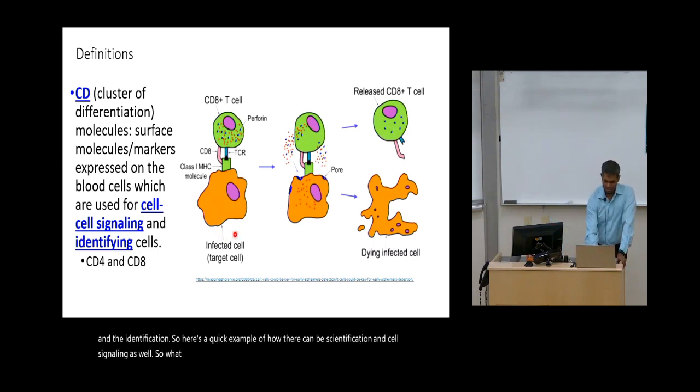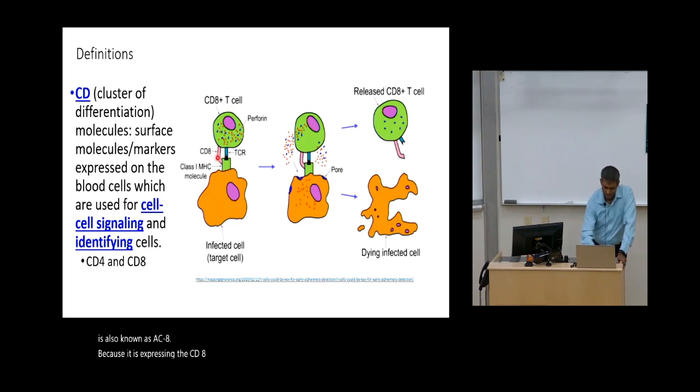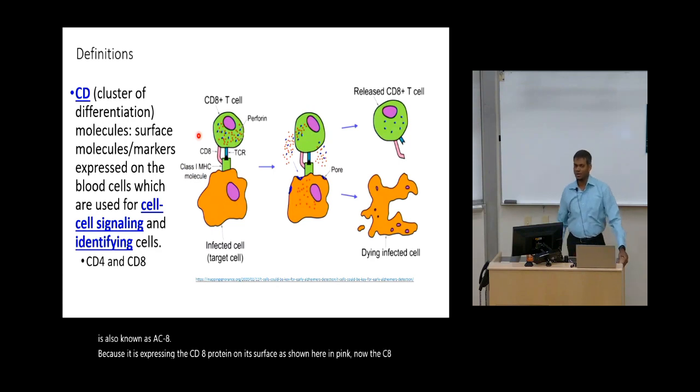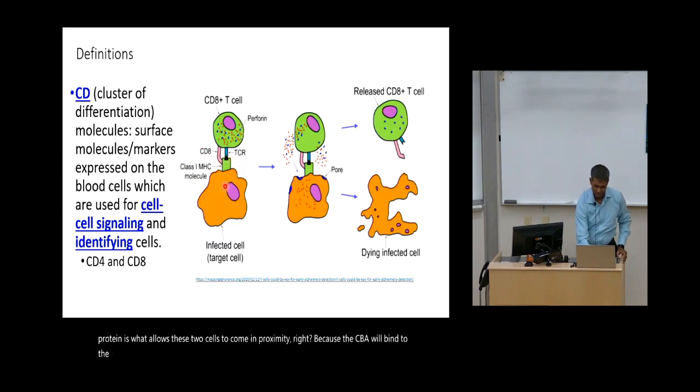So notice here in this first panel we have an infected cell shown here in orange, and then you have an immune cell shown here in green, and this is a T cell. And it is also known as a CD8 cell because it is expressing the CD8 protein on its surface, shown here in pink. Now the CD8 protein is what allows these two cells to come in proximity, because the CD8 will bind to the MHC1 protein shown here in green, and that allows these two cells to interact,